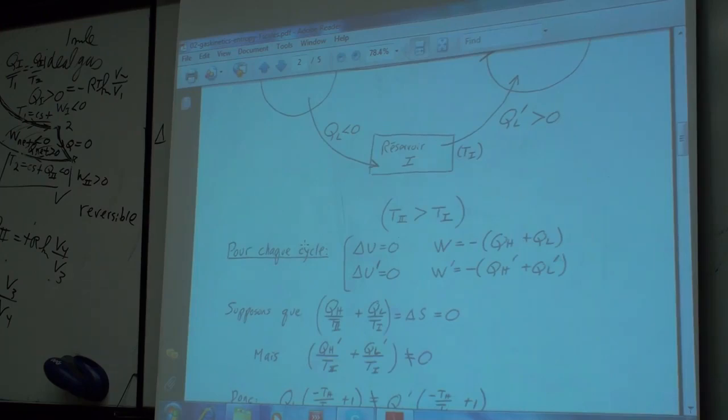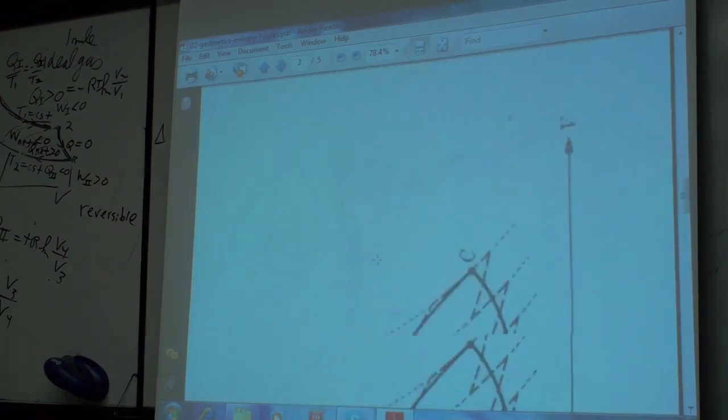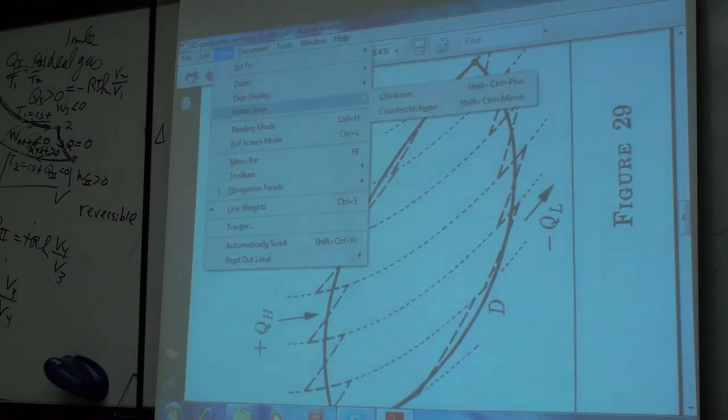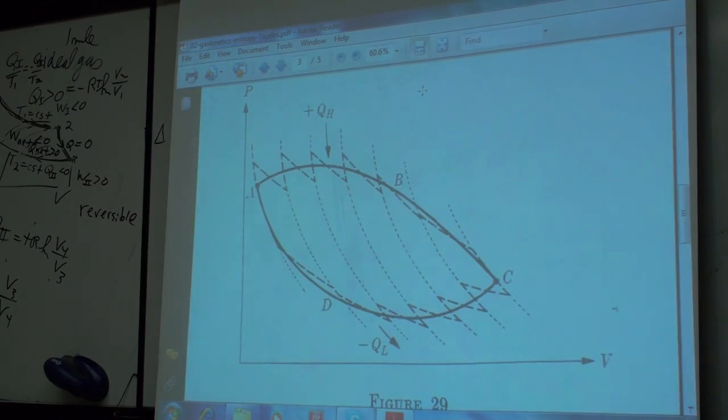Then he says, okay, that's for a Carnot cycle. Let's say we have an arbitrary cycle. He takes your arbitrary cycle and he shows that the arbitrary cycle can be divided into a whole bunch of little Carnot cycles. So there's your arbitrary cycle, but it can be divided into a little Carnot cycle here, and a little Carnot cycle here, and a little Carnot cycle here, and you make them infinitely small. So you can show that any cycle is a sum of a whole bunch of Carnot cycles, and then he shows that no matter what the cycle is,